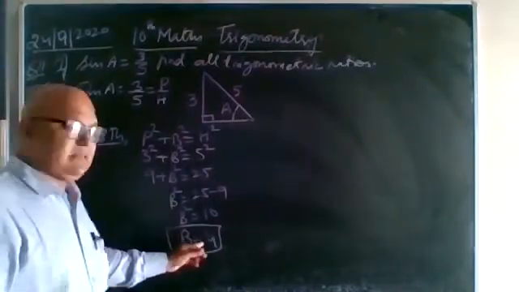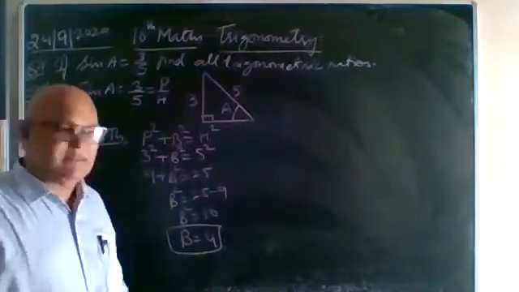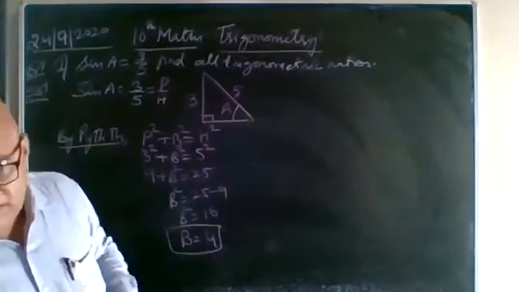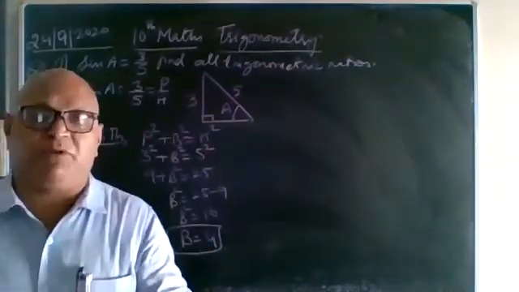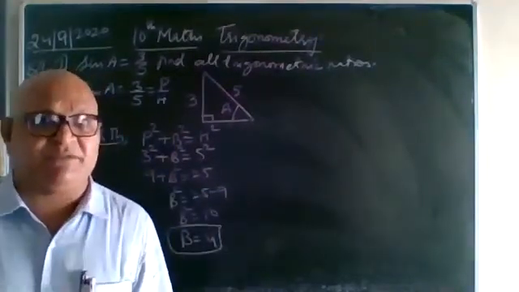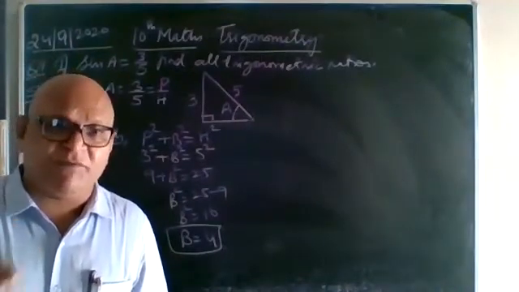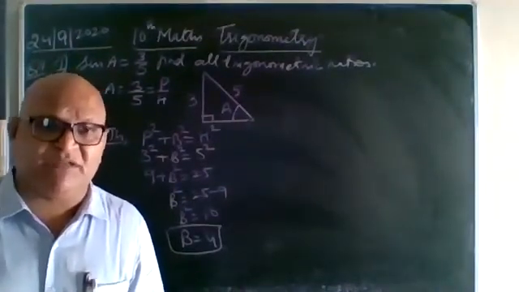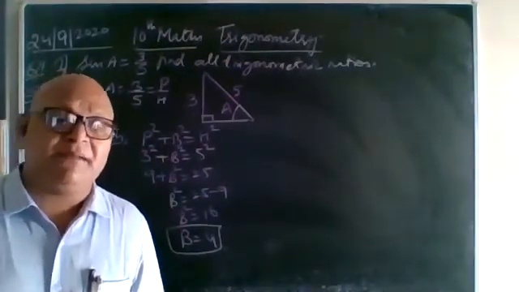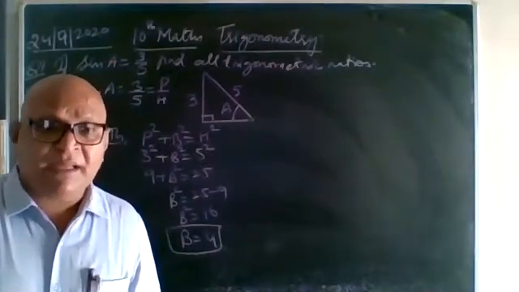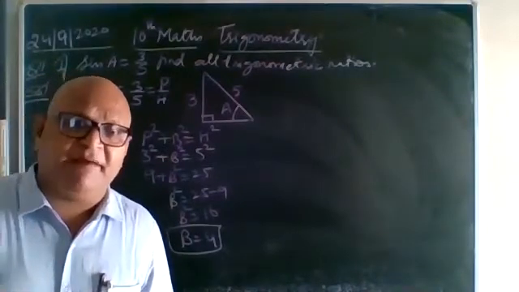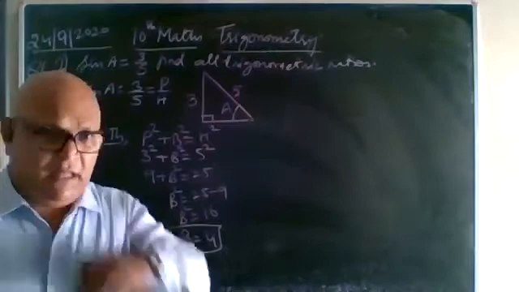Now, in 11th class, when this chapter comes, you will find that b equal to plus minus 4. When we put the square root sign, the positive and negative value comes, because if you are squaring a positive value, you will get a positive answer, and if you are squaring a negative value, you will also get a positive answer. But here in 10th class, we are studying about positive angles, and in 11th class, we will be studying about negative angles.